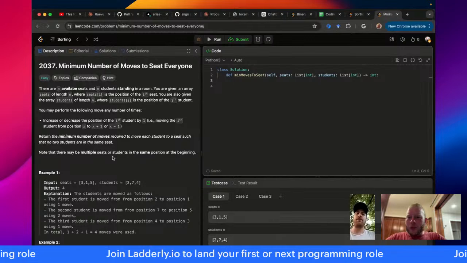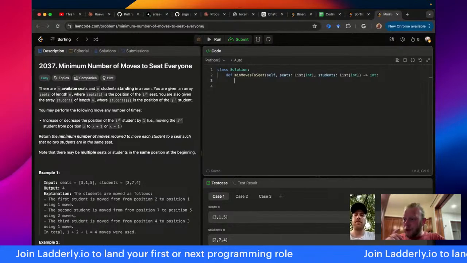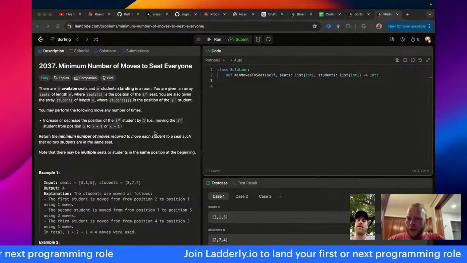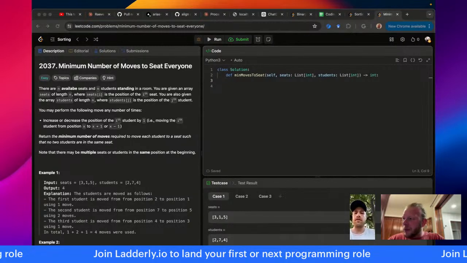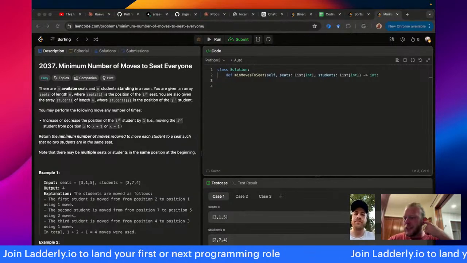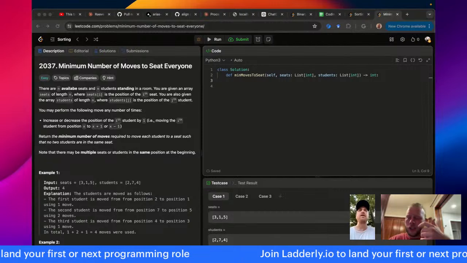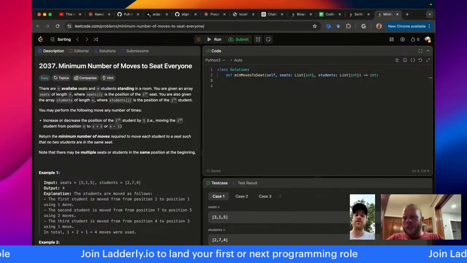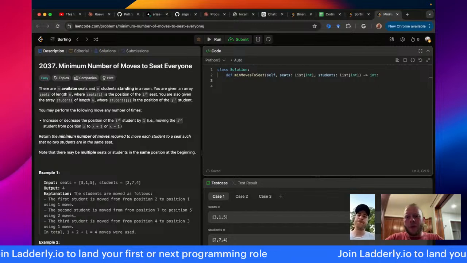All right, so we have number 2037, and feel free to hang out if you want to, Matt, and if you want to drop, that's fine as well. But I'll read this problem out loud, since some people like to listen to the stream and are not actually looking at the screen. Okay, so 2037, minimum number of moves to seat everyone.